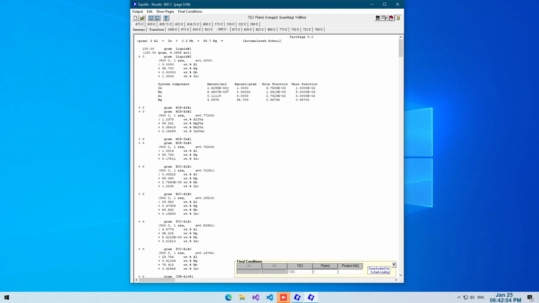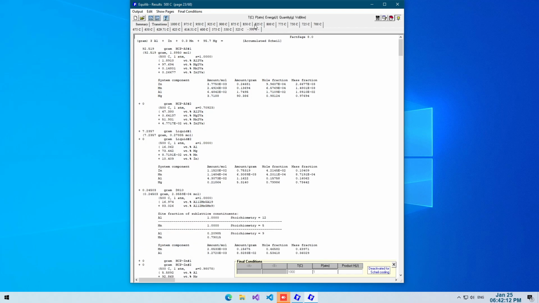But as you can see here, the final transition temperature was 345.45 degrees Celsius, but here it is only showing till 500 degrees Celsius. To see the rest of the temperatures, you go to the show pages and you can either select which page you want to see, or you can just click next pages, and it will show you the next set of calculations here.